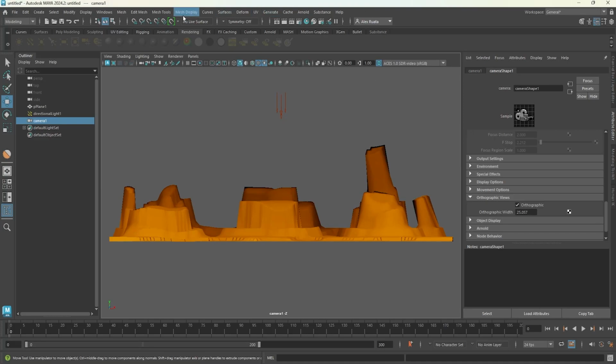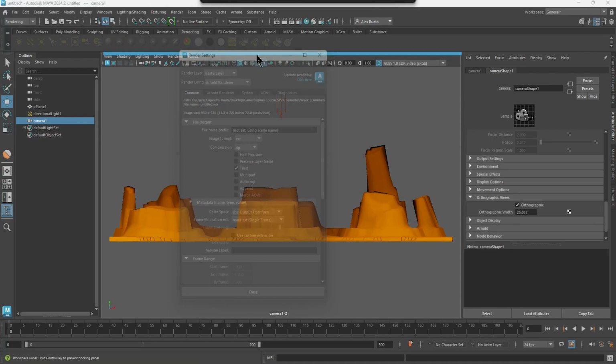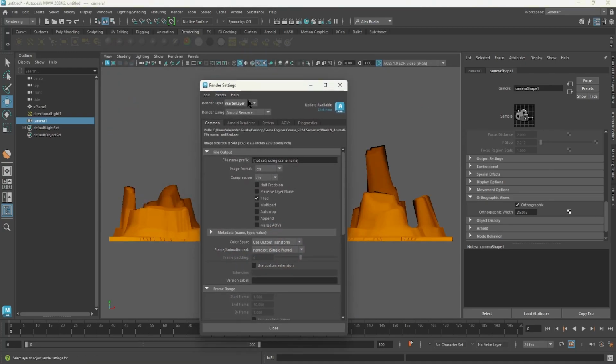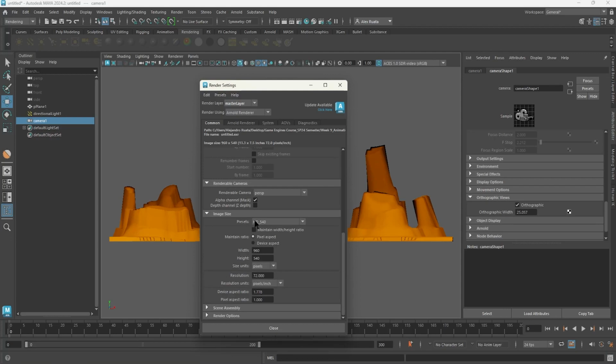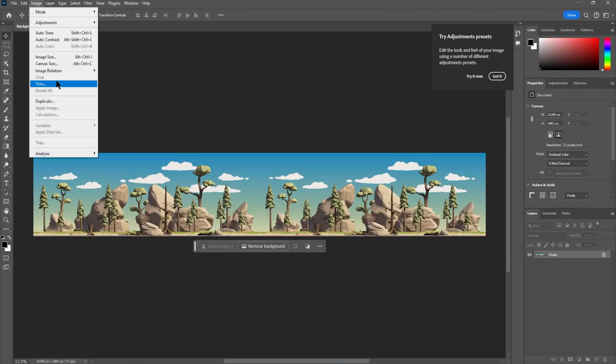Let's go to our render settings real quick. Want to make sure, oh, didn't want that locked in there. Want to make sure we use the image sizes that were provided to us in Photoshop, which you may recall were, let's go ahead and open up Photoshop and just double check, shall we? Image size